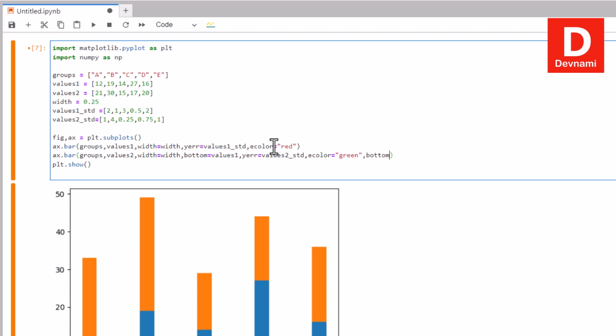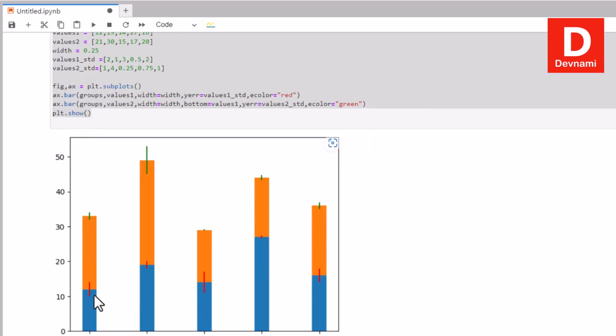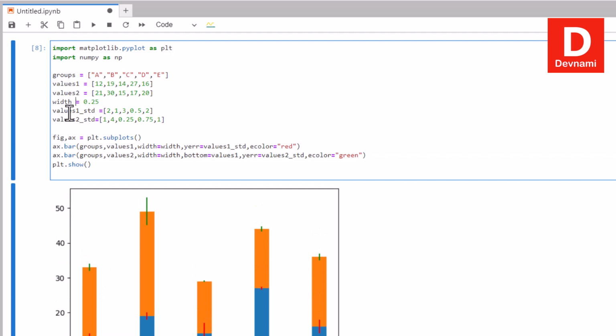then bottom, we already have the bottom option, so no need to repeat that. So if I run this, let's see what happens. Notice we have green and red showing the error bars, right? For that we already set the values from values underscore std, values 2 underscore std, which is the standard for each set of values,